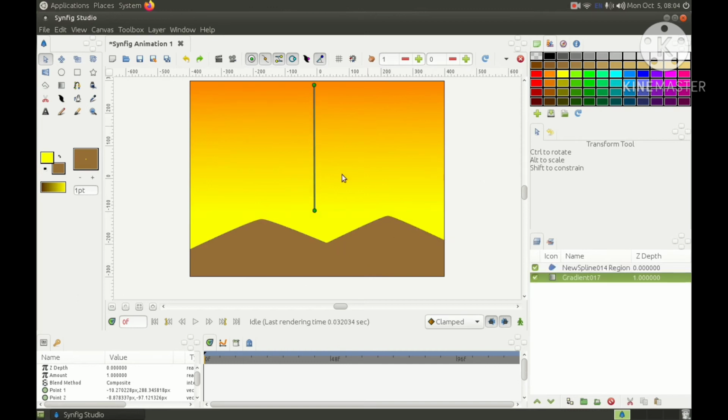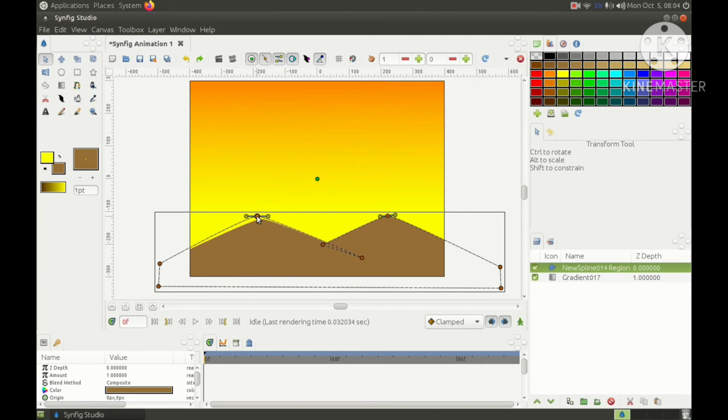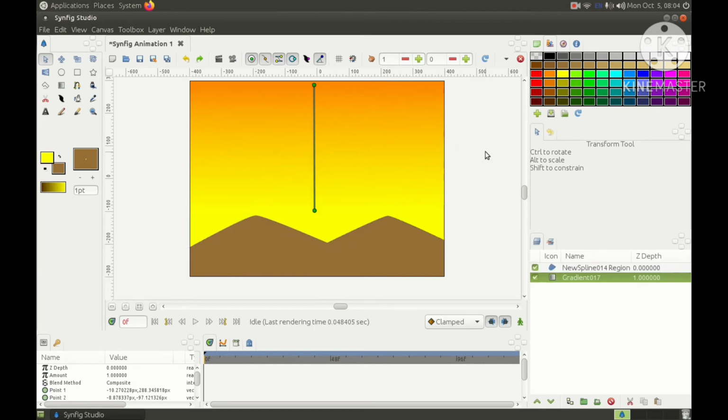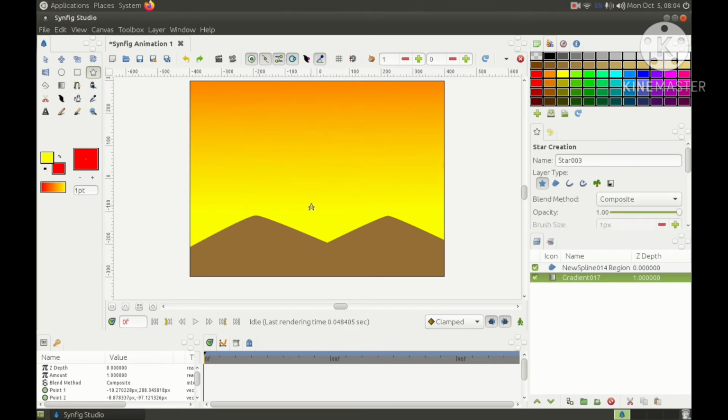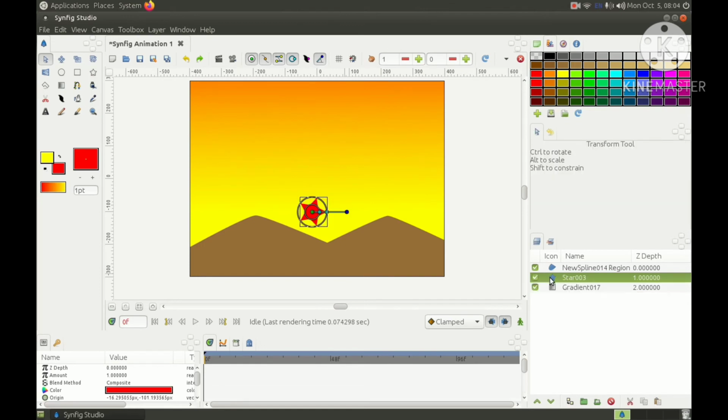Okay, now we will create the sun. So how can we create the sun? Select the red color and select star, not circle. I am selecting star and creating a sun over here. Now you can see the star has only 5 points.